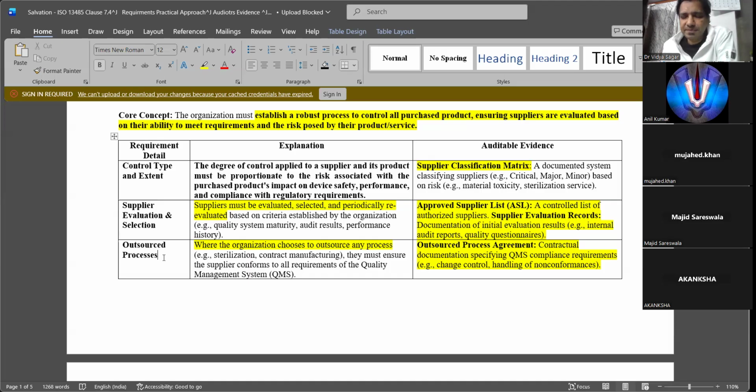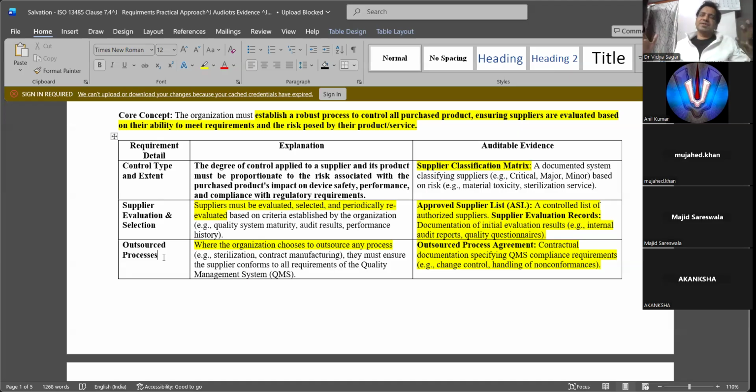Whether it's calibration, while you are sourcing calibration from outside, you need to see whether that is an approved organization to calibrate. Do they have the standards for calibrating? Do the persons who are doing the calibration have the qualification? There are a lot of things you need to dig into when you are outsourcing. Actually, you have to be very, very careful when you are outsourcing, more than what you are doing internally.